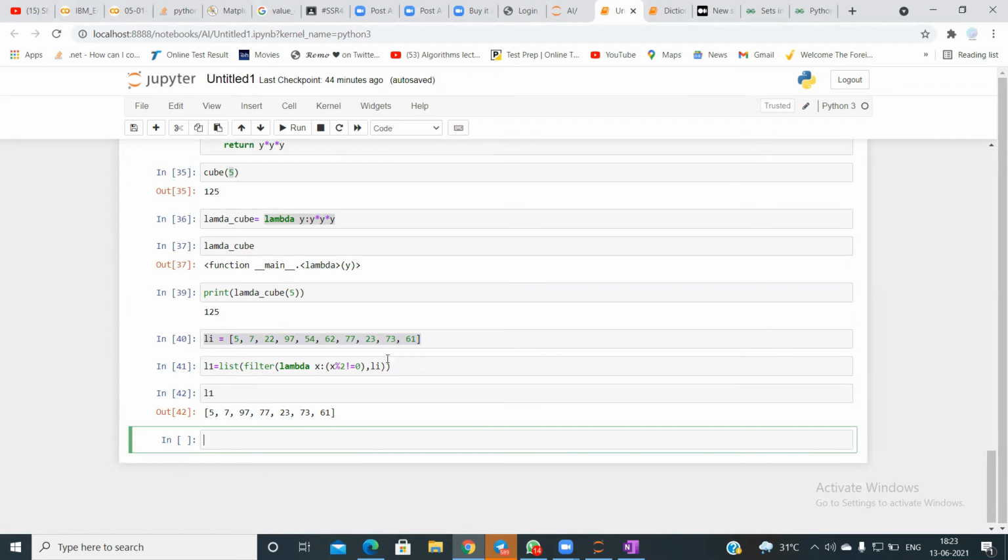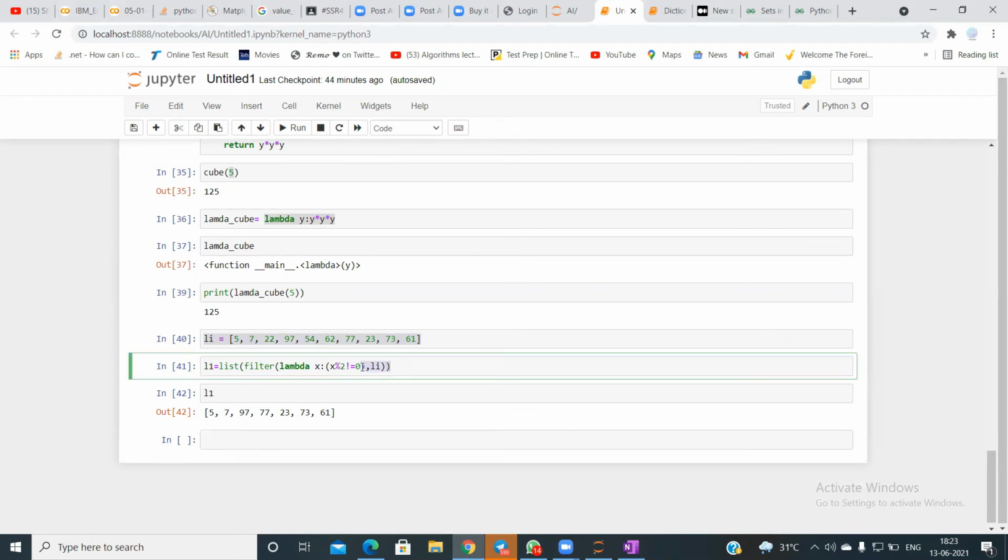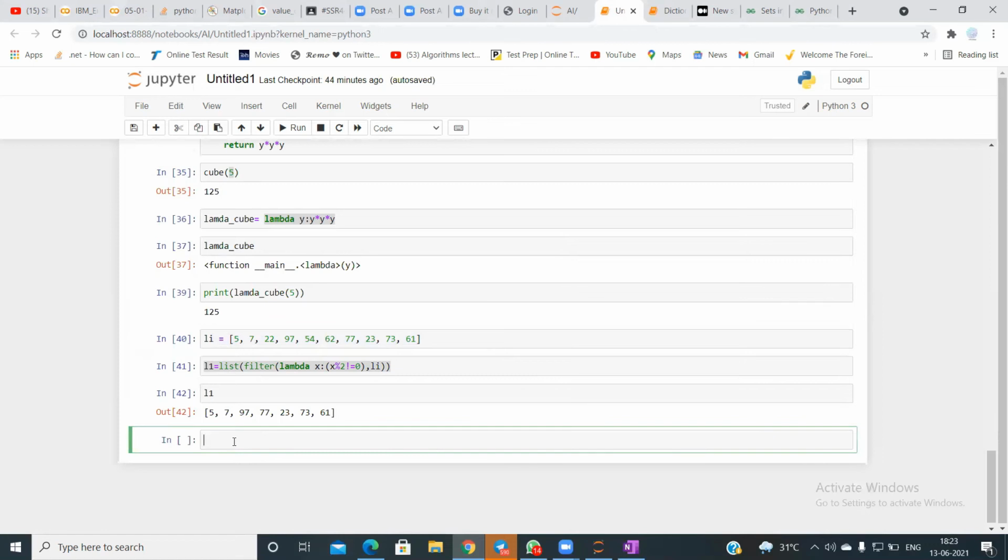Let me say I have this list li, and I say that I want all the squares or cubes of these elements. So you can create a function. For creating a function in Python, you use what is called the def keyword. So you write def of the function name, and you pass in the list L, and I say for x in L,